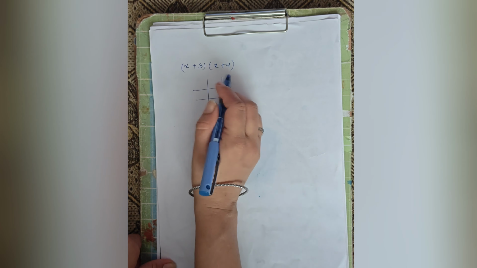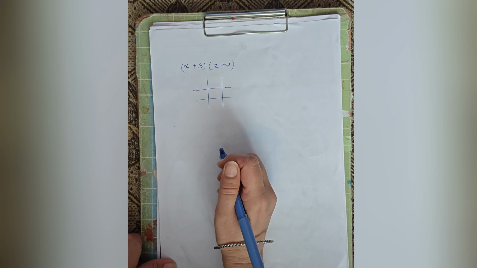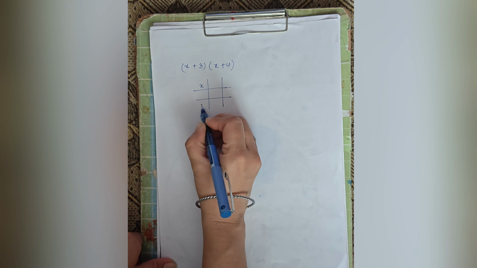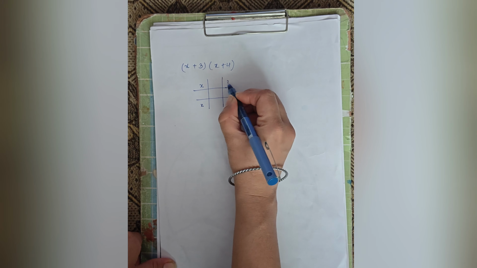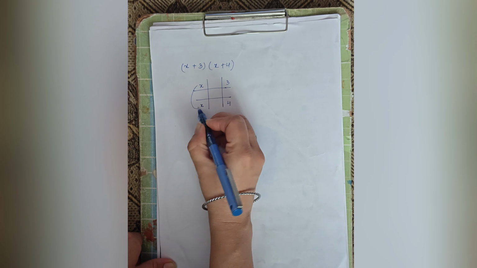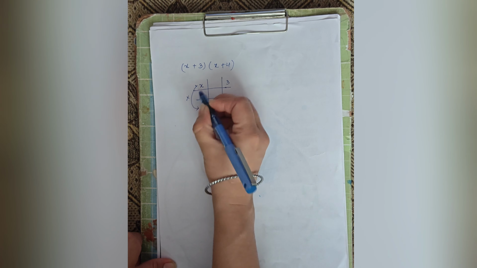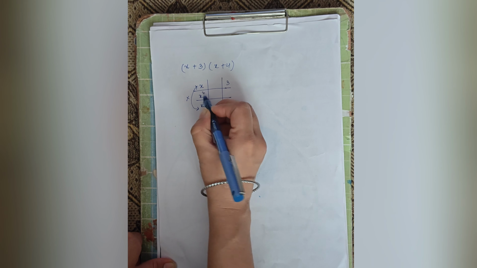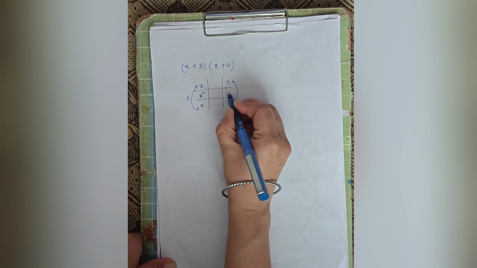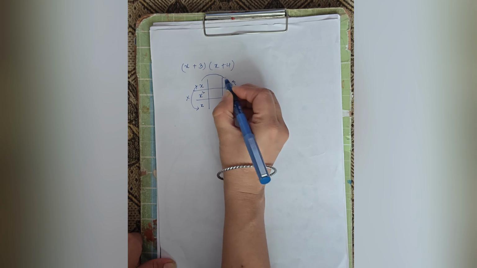First of all, without multiplying the expressions directly, we will make a grid like this. Here we will write the x terms, and here we will write the constant numbers 3 and 4. Now multiplying these two, here it is x square, and multiplying these two, here it will be 12. Upper multiplication,